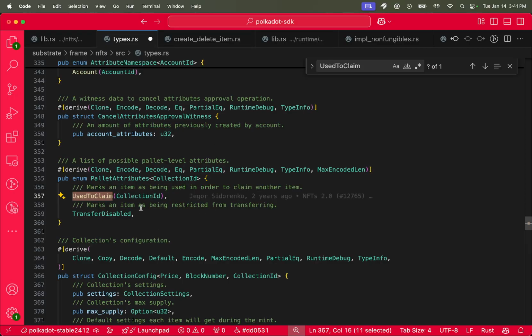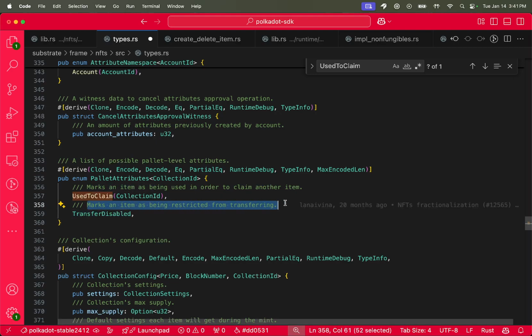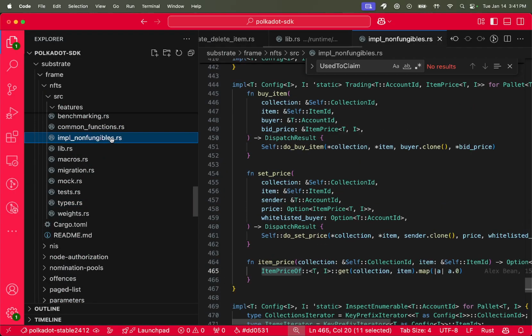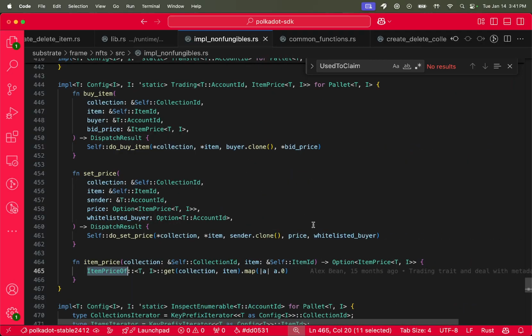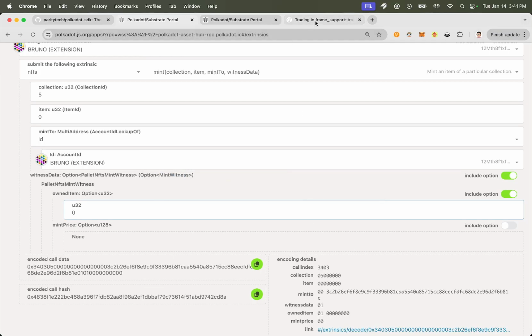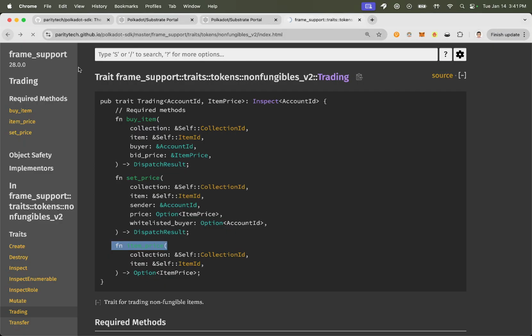Interesting, right? The other one is transfer disabled. So it marks an item as being restricted from transferring, but it's a palette level attribute, right? So where would this be useful? This is actually, I believe, inside of implement non-fungibles, and if we look at the code here, the trait, we go back,